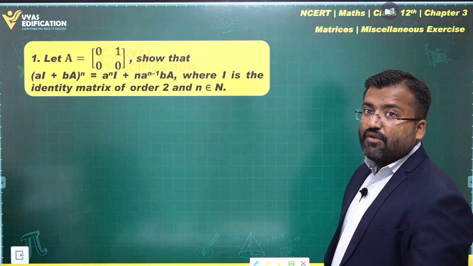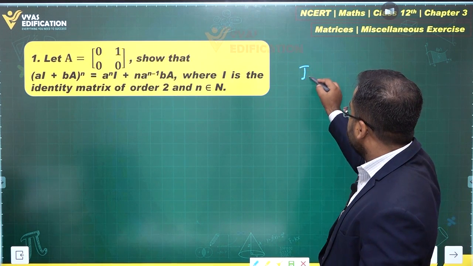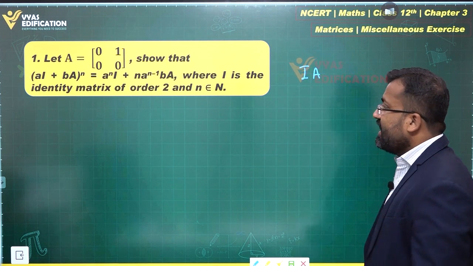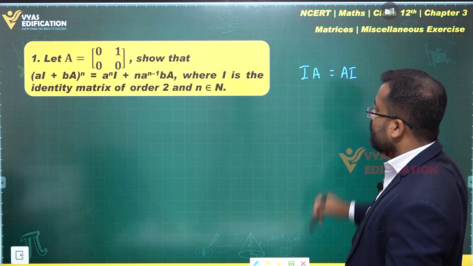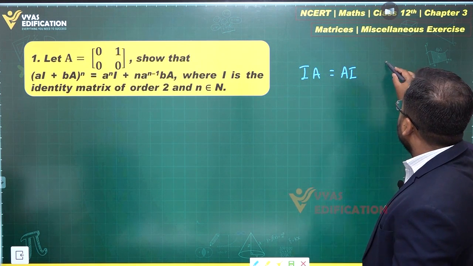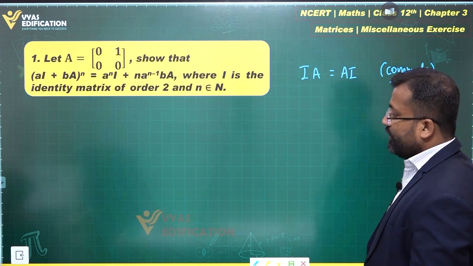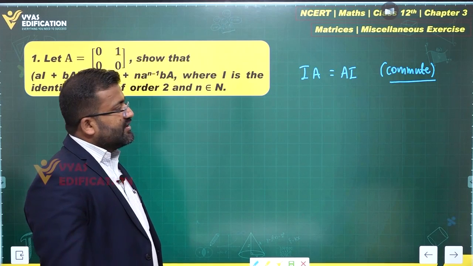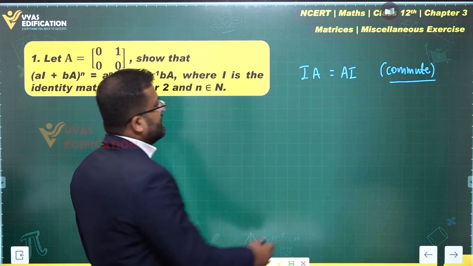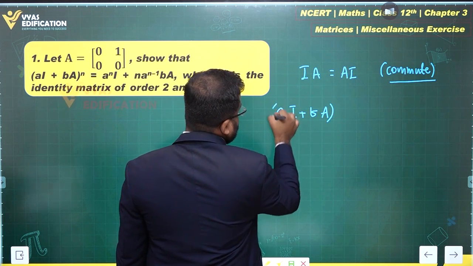So the other approach that I'm talking about is when we have two matrices I and A. Now there's a special thing about these two matrices I and A. They are two matrices for which the product IA is equal to the product AI. That is, they commute with each other. They follow the commutative law in case of product. Since they follow the commutative law, we can have a very interesting thing over here: (aI + bA)